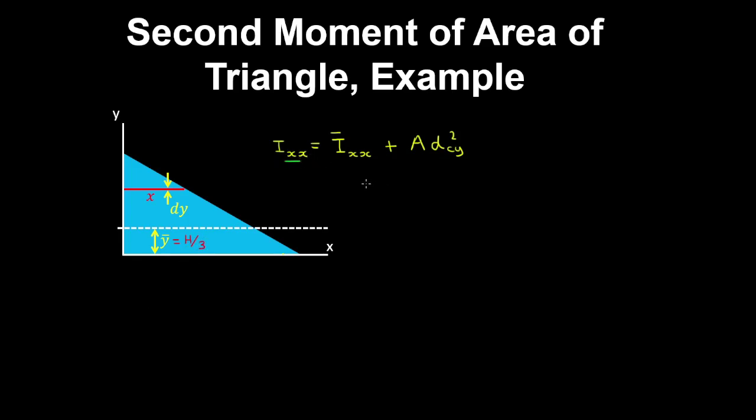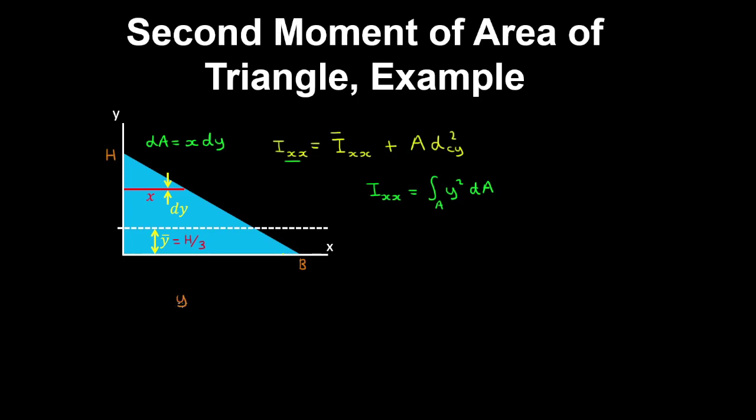Now the second moment of area was the integral of y squared over the area of the triangle. And the differential area here is equal to x dy. And given this triangle has a height h and width b,